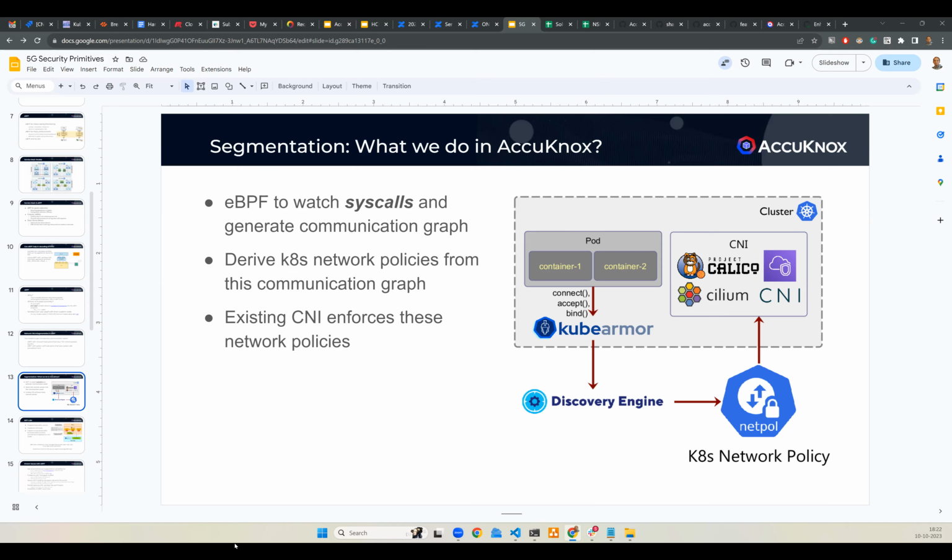But yeah, it can be made use of to not only discover Kubernetes network policy, it can take in telemetry from KubeArmor, it can take in telemetry from a CNI, container network interface like Cilium or Calico. It can take input from service mesh as well in the future, and then auto-generate service mesh policies here, which can then be enforced using Istio or Linkerd or anything. So the intention is to keep this engine generic and build policy recommendations for all of these workloads.